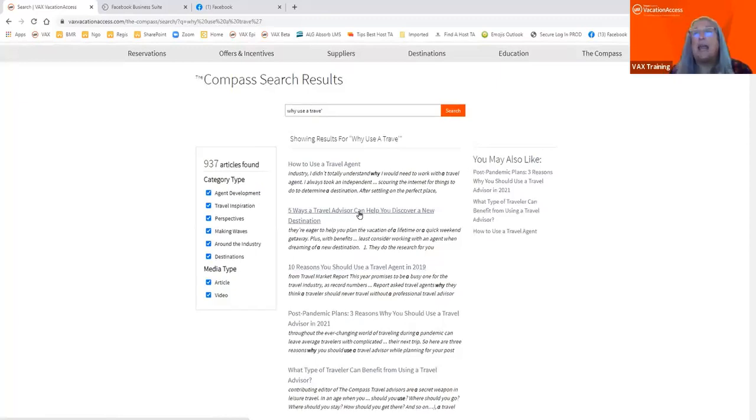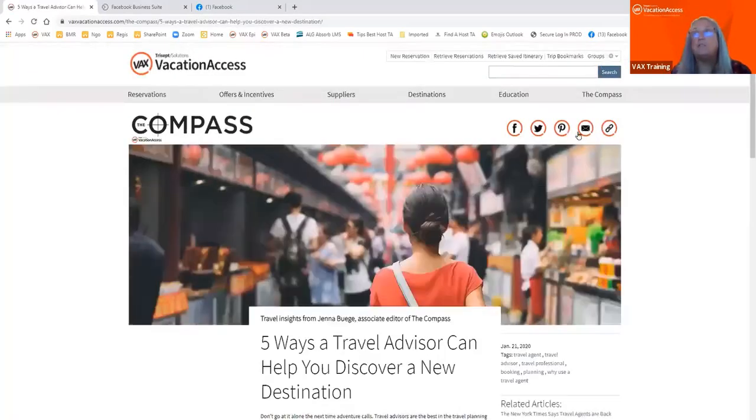So if you click on any of these, once you open up the article, you'll see how very quickly and easily you can share it in an email. And that's a great way to start there. But maybe first of all, you want to post it on a social media platform so that you can get out to the masses and reach people that maybe aren't even your clients currently, that just have no idea that travel advisors are even still in the world, or think, well, I can do all this myself.